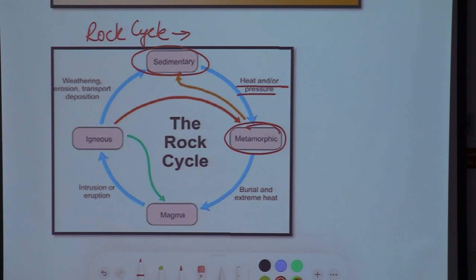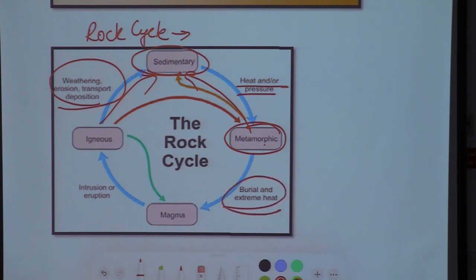Igneous rock under heat and pressure can become metamorphic rock. Igneous rock or metamorphic rock subjected to weathering will generate sedimentary rock. When sedimentary rock and metamorphic rock are subjected to burial or internal heat, they will convert into magma and